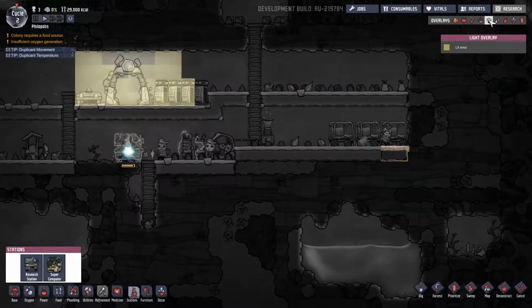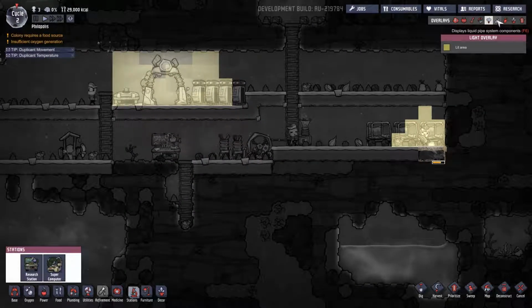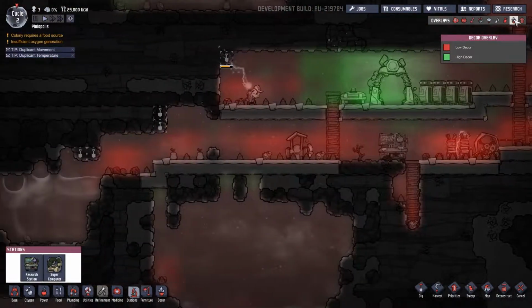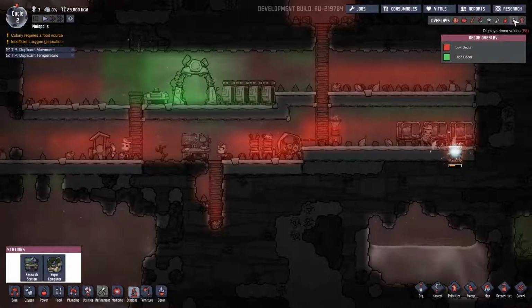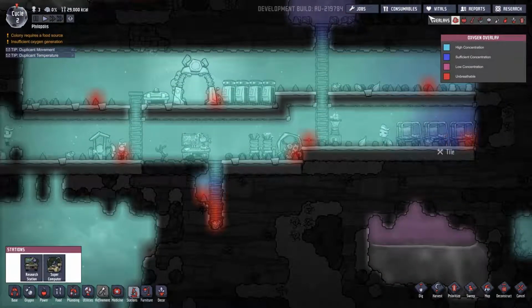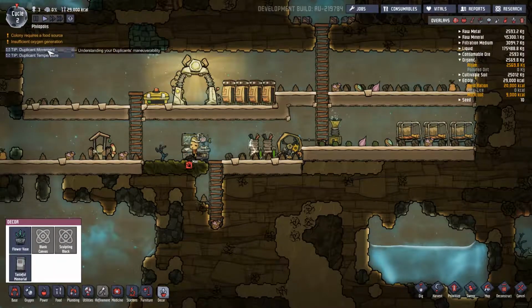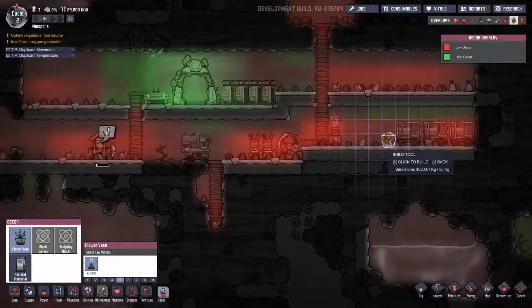Huh. Never really considered that. What's that good for? Visibility. Okay, liquid pipes, gas pipes, decor values. Yeah, the decor in here is not good. Okay. Let's see. Decor. My guys aren't stressed, so it doesn't seem like that's a huge issue, but let's go ahead